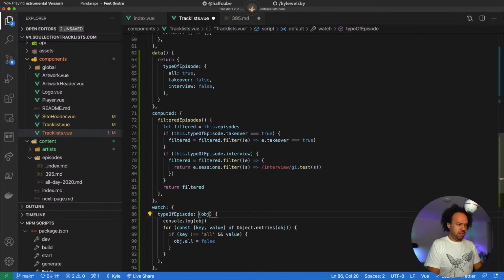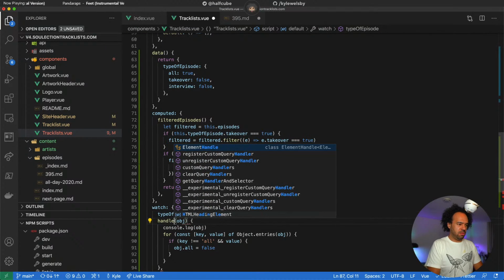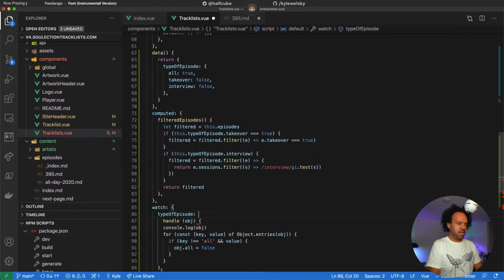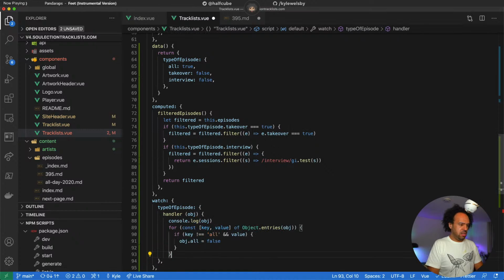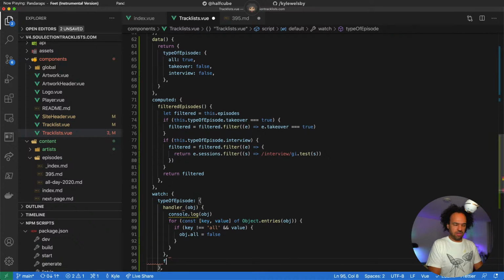That totally should be working. Let's go verbose and put in a handler in there, and listen, it is a function, of course. Let's try deep.